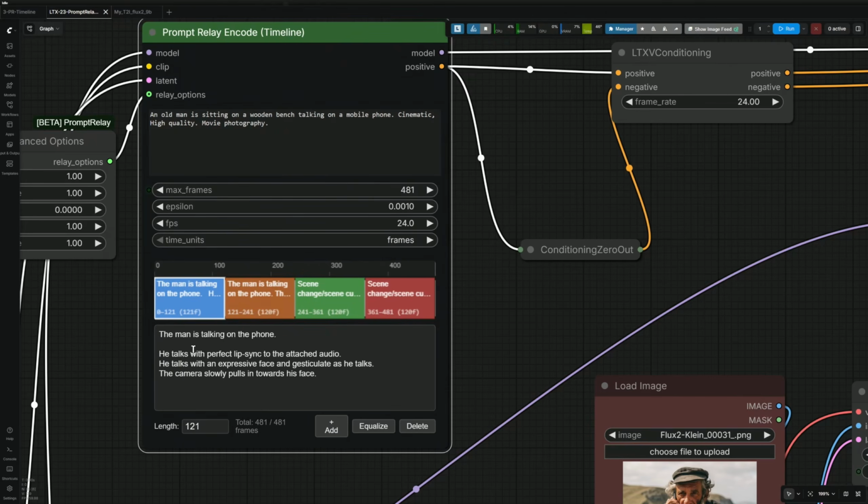So the total length of the video is 481 frames. That is 24 frames a second, and 1 frame extra at the end. The same length has been divided here between all the scenes. And the 1 extra frame is in the first scene of the video. The extra frame will always be added in the first scene. The second scene and the following after that occupy 120 frames each, and the prompt for the respective scene are